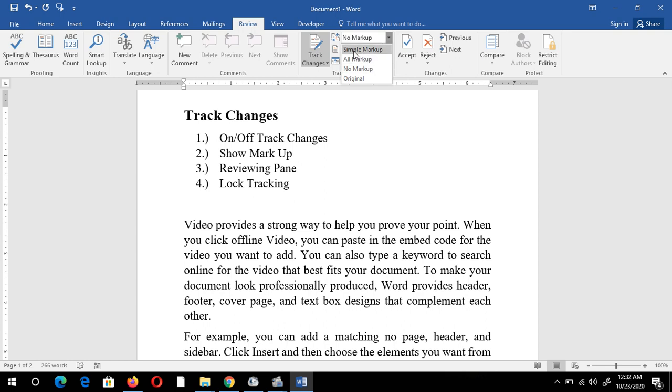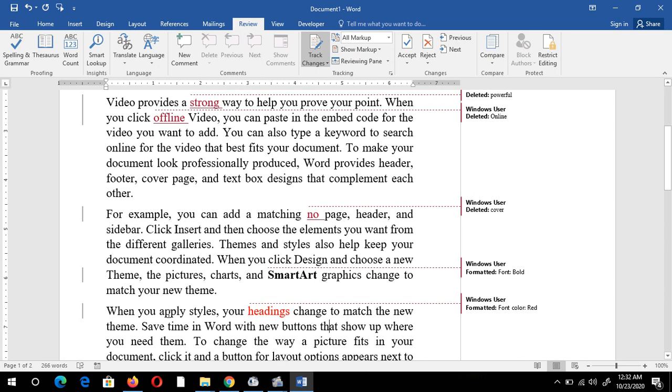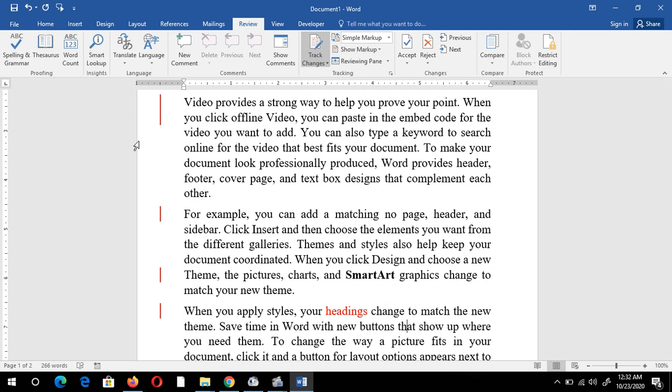option. If I click on Simple Markup, it will show the lines only, and after clicking the line I can see what is happening with my text. Suppose I want to see all the markup. I have to click on this option, that is All Markup. If I click Simple, it will show a line.